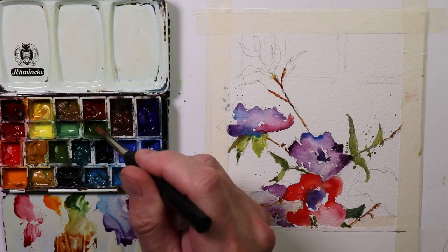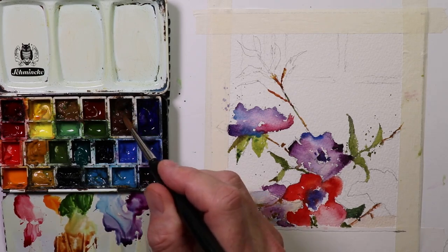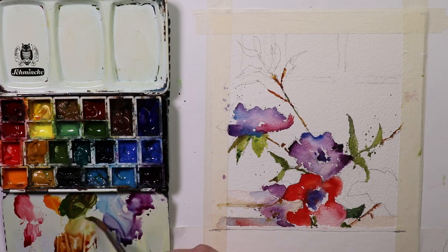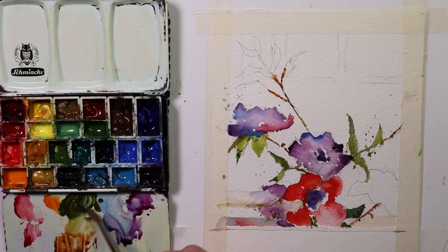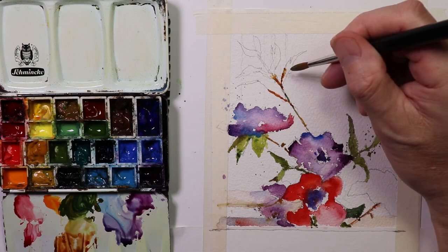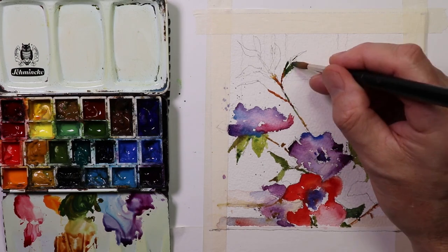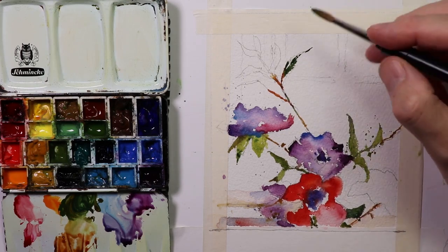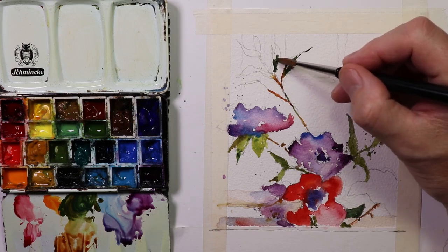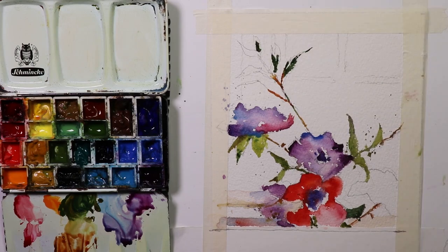And we're going to go into some more sap green, cobalt blue, burnt umber. We're going to make a darker green with a little bit of Viridian. And here I'm trying to just get the feel for the leaves, like that nice feel of